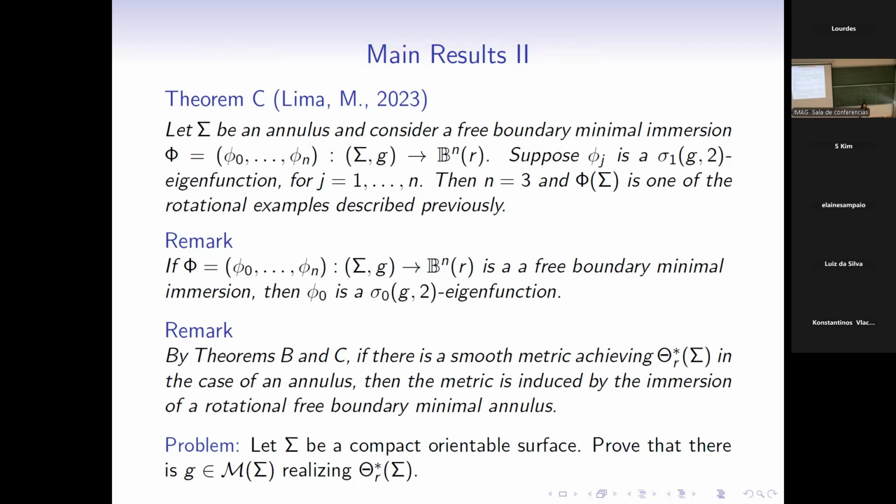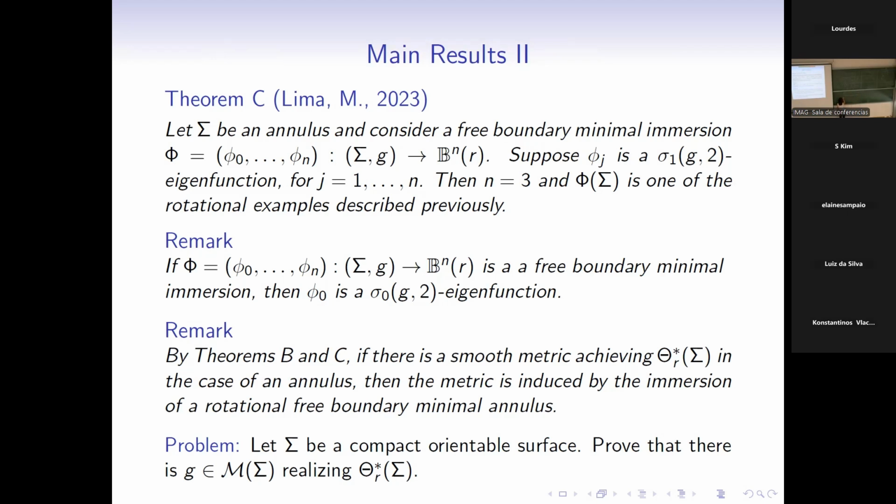And to give you some motivation that we should be safe, that it does make sense to look for a maximizing metric here, you can show as a motivational result that